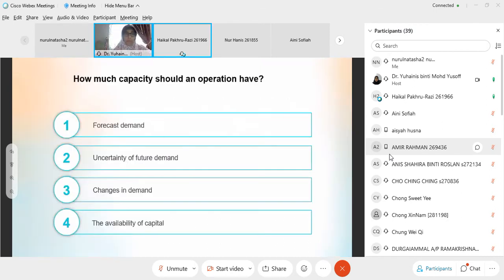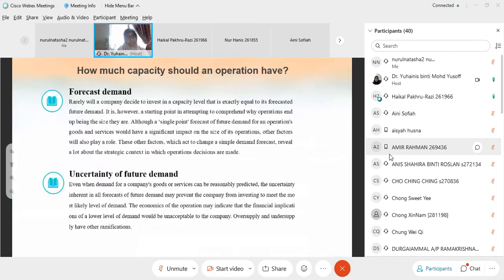Next, there are 4 points. Capacity an operation have: first, forecast demand, uncertainty of future demand, next changes in demand, and last the availability of capital. Okay. First point, forecast demand is really when a company decide to invest in